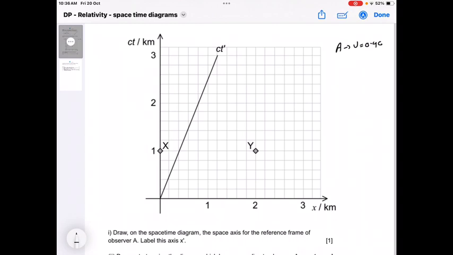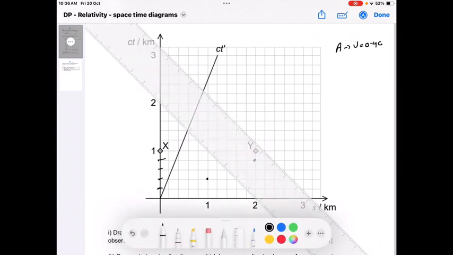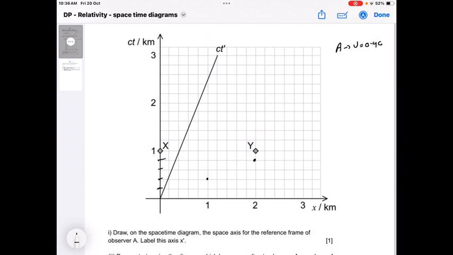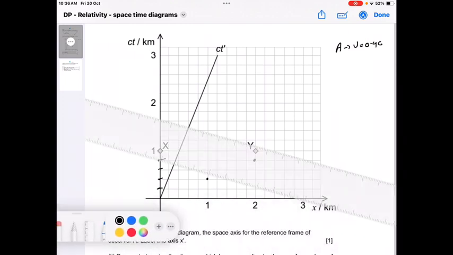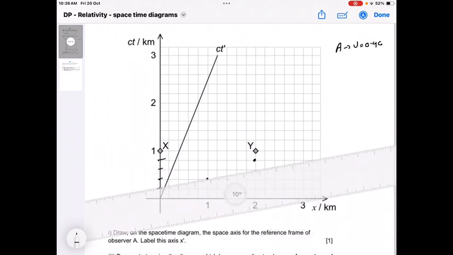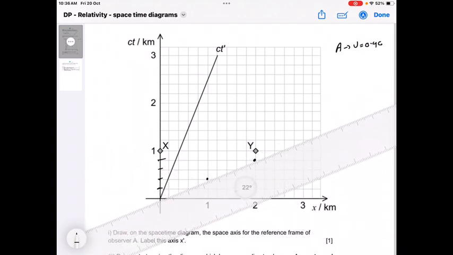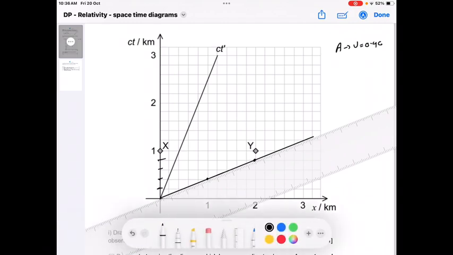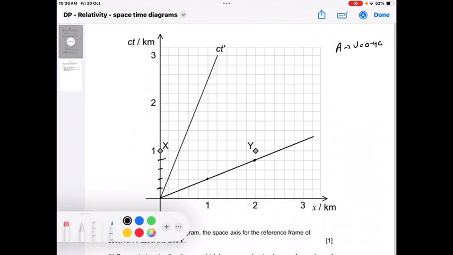How are we plotting these points? The gradient should be 0.4. So 1 and 0.4 is the first point, and when it is 2 it will be 0.8. As you can see, this is divided into 4, so each block will be 0.2 km. We draw a line joining these 2 points with the help of a scale over here, as you can see. So this is my x' line